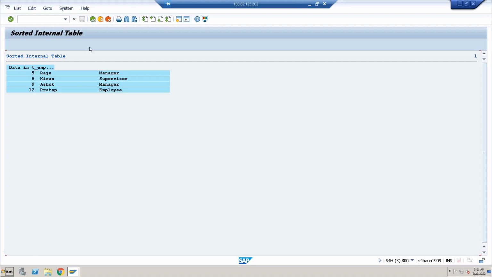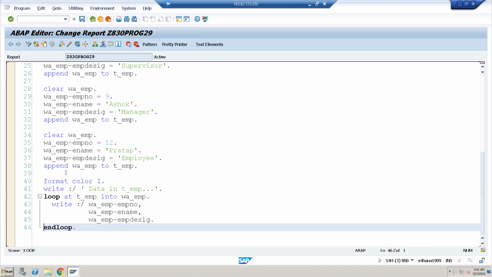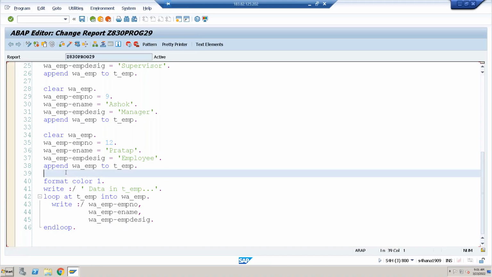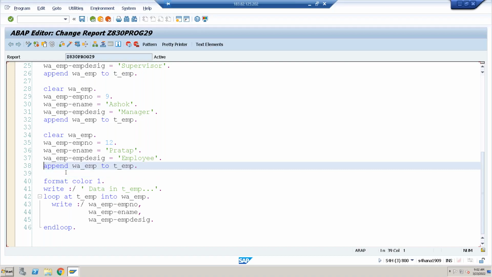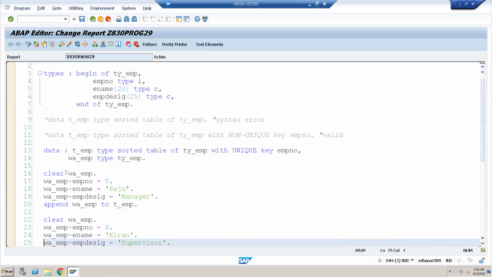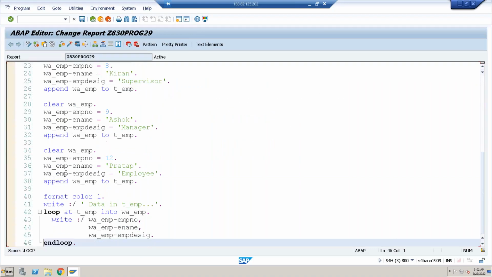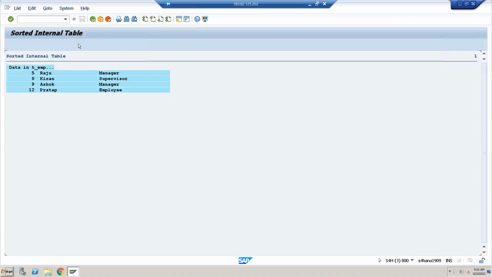So the point here is, can I use the append statement on a sorted internal table? Yes. But most of the people in interviews will blindly say, what is the difference between a standard internal table and a sorted internal table? They'll say that standard supports both the append statement as well as the insert statement for adding data, but a sorted internal table doesn't support append, which is absolutely wrong. At this stage, you can see I'm able to use the append statement on the sorted internal table. It is working fine. I got the data in the same sequence